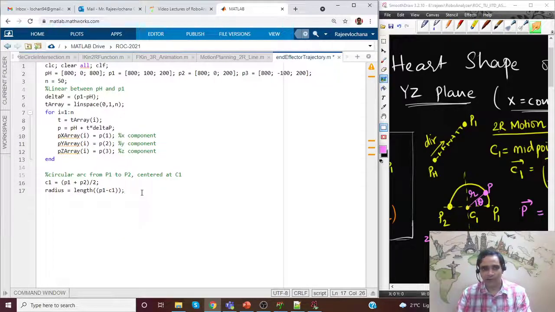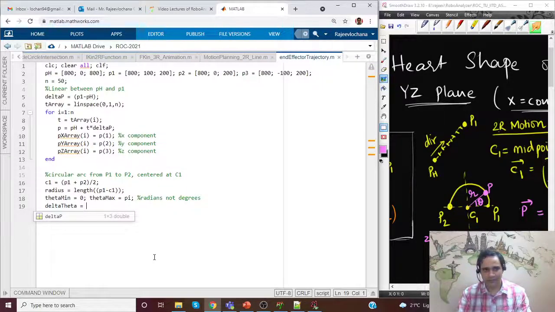Okay, now we'll go from theta minimum to theta maximum. Theta min is 0, theta max is pi. Please remember, it is in radians, not degrees. Okay, so we'll now have delta theta, because delta theta also we'll have it constant. Delta theta is theta max minus theta min.